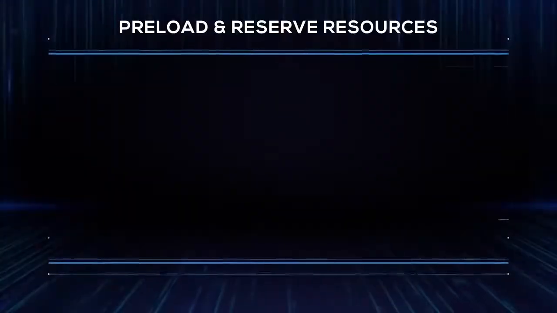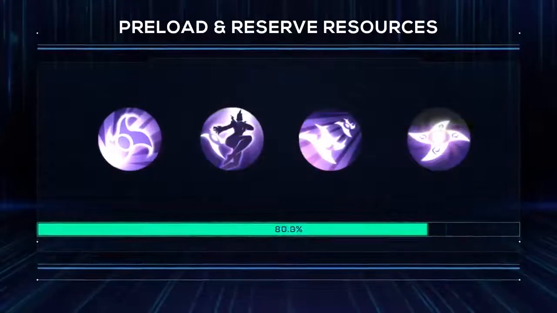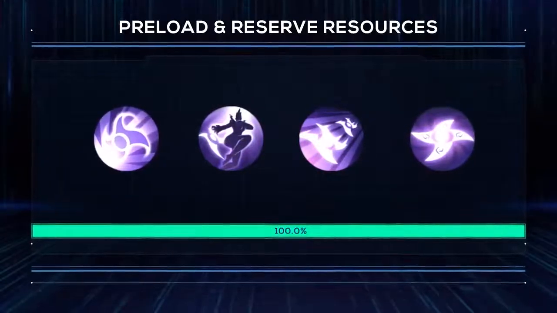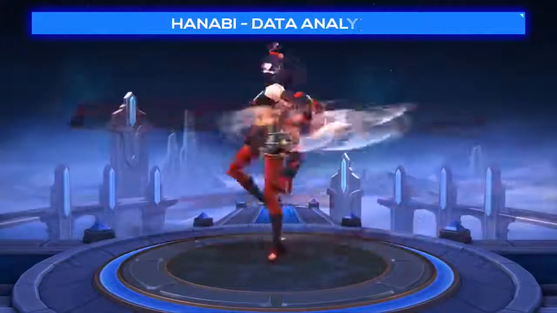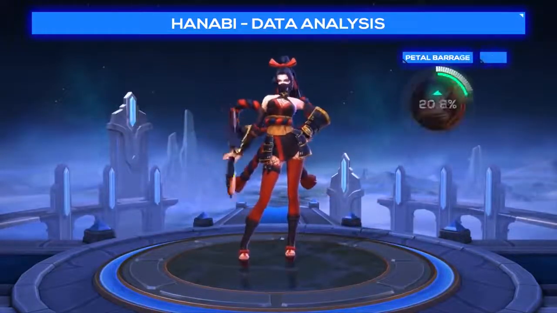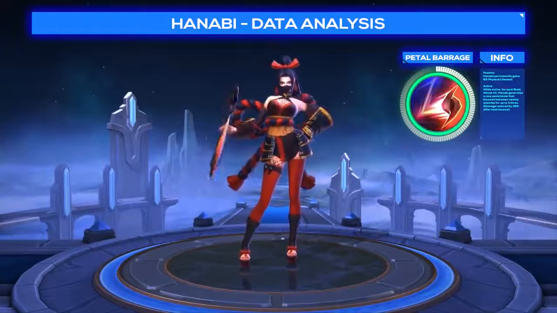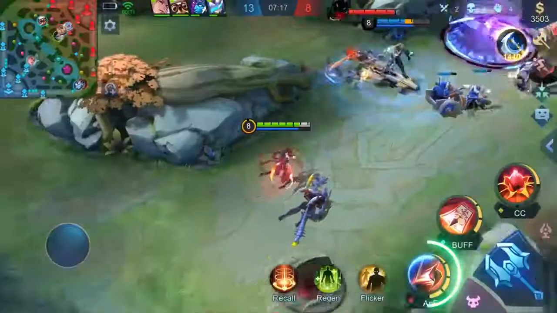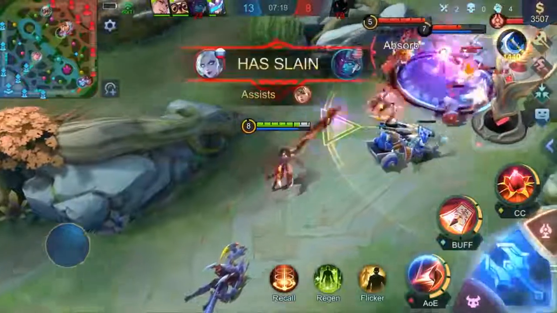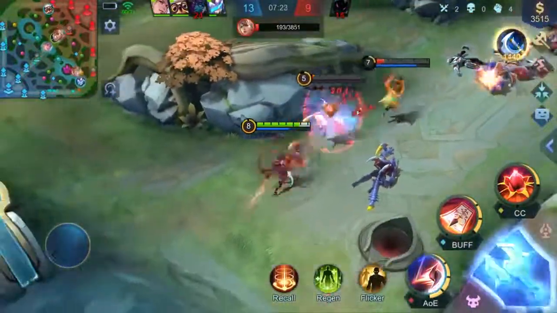Secondly, the game will intelligently preload and reserve resources for the upcoming battle to deliver a smoother gameplay experience. Take Hanabi as an example. By analyzing the big data we collected, now the system will preload the right amount of visual resources for Hanabi's pedal blade before the player enters the battlefield. And when the player casts Hanabi's skill, the system will directly utilize the preloaded resources rather than generating them from